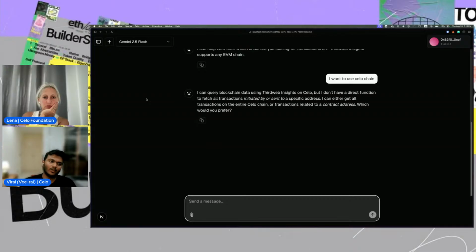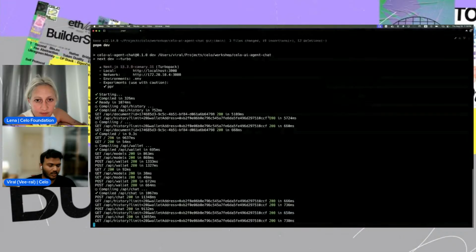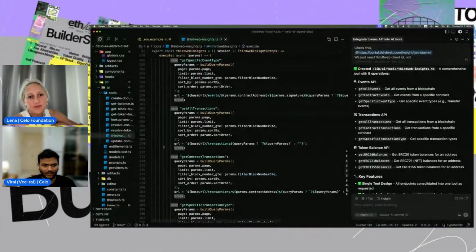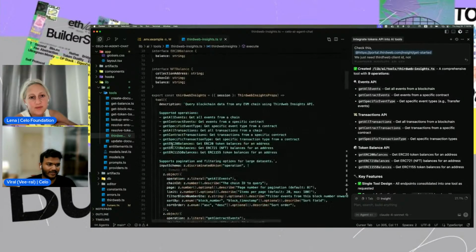I think we can add some loaders. I don't have a direct function to fetch all transactions initiated by us and a specific address. I can either get transactions on the entire Celo or transactions related to a smart contract. Okay, so that's what I figured. The only problem is it did the wrong